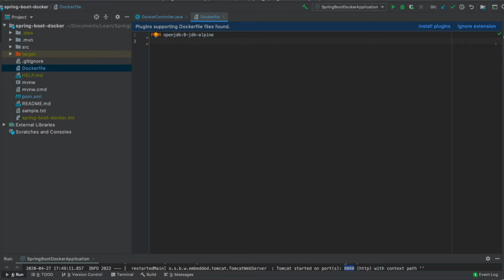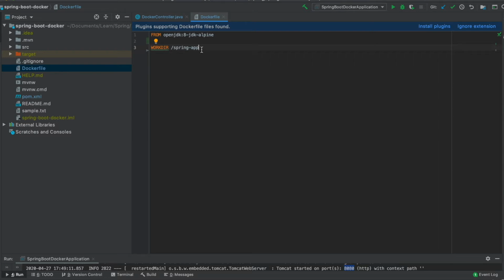After that, we need to make a directory and set it as the working directory of the Docker container. I am creating a directory spring-app, and I am asking the Docker engine to set it as the working directory.